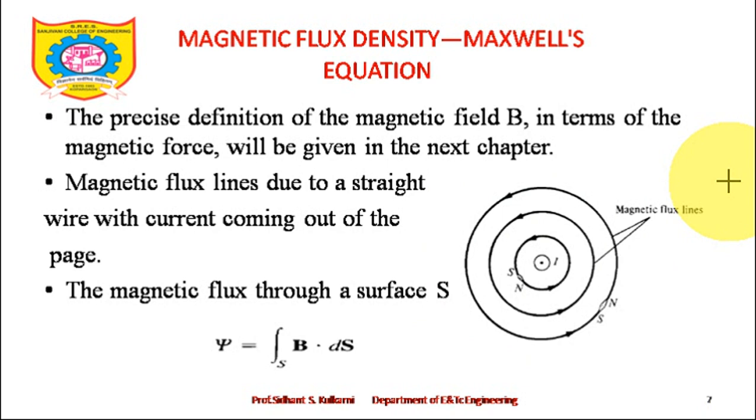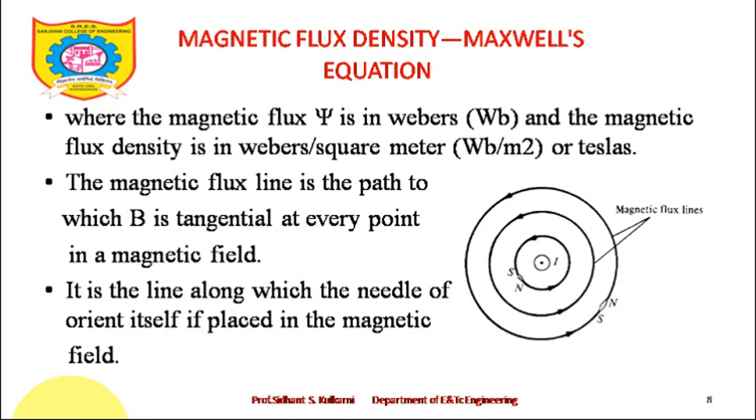So the magnetic flux through a surface, if I am talking about any surface, the magnetic flux coming out of the surface, psi is equal to the surface integral of B bar dot dS bar. If it is B bar dot dS bar, there must be a certain mathematical expression in vectors to relate these things. So the magnetic flux phi is in Webers. Remember this thing: electric flux was measured in coulombs. Magnetic flux is measured in Webers, and magnetic flux density is in Weber per meter square. So magnetic flux density is represented in Weber per meter square or Teslas.